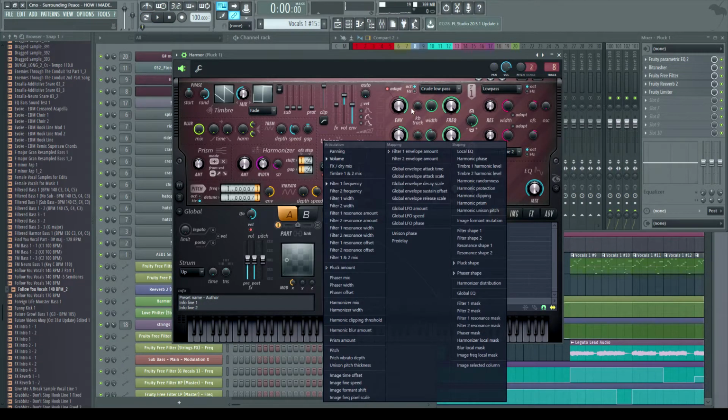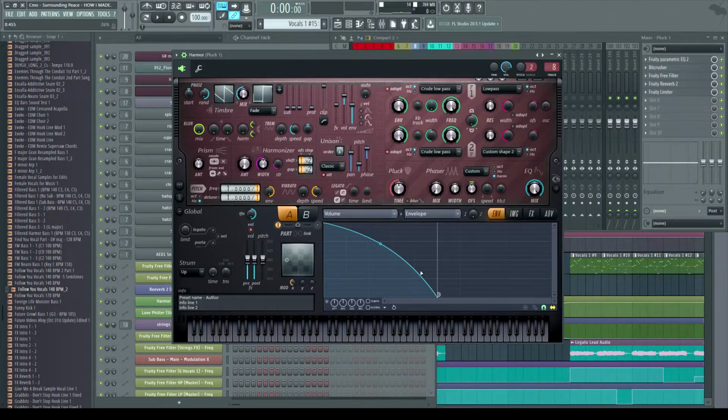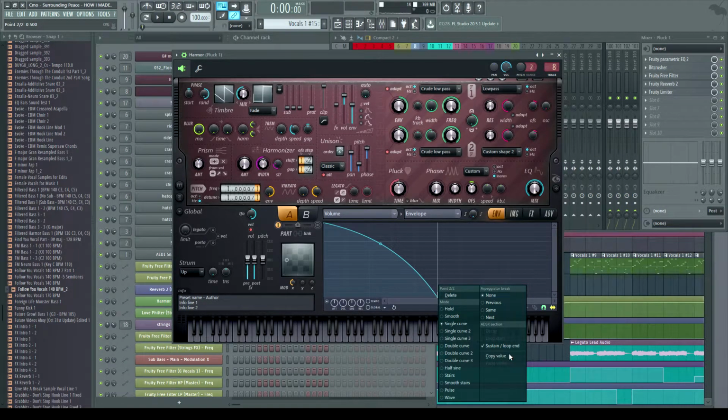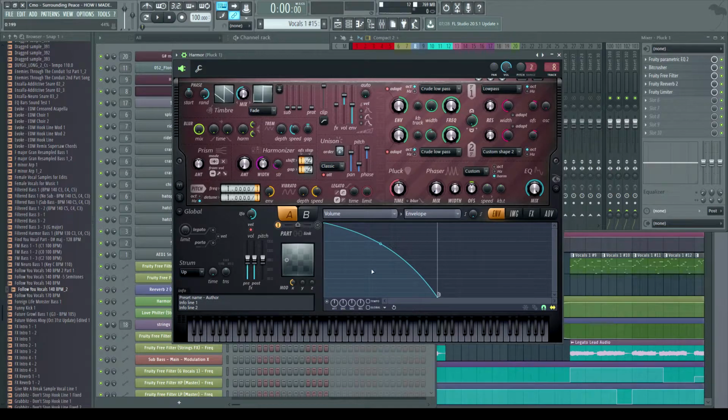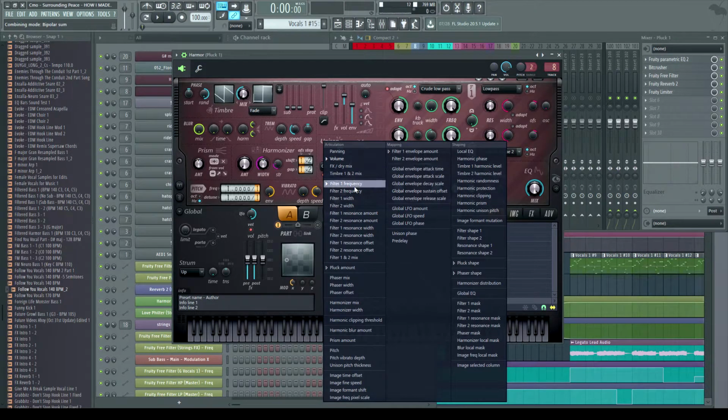So one of the things I do know is that there is, like I said, this volume shape envelope, which basically means it's going to cut off at a certain point anyway. That's basically how long it lasts, essentially. You just want to turn this on, put it up to this length, and then right click on it and make sure you have sustain loop in, and put a little bit of a curve on there for the volume. So there you go.